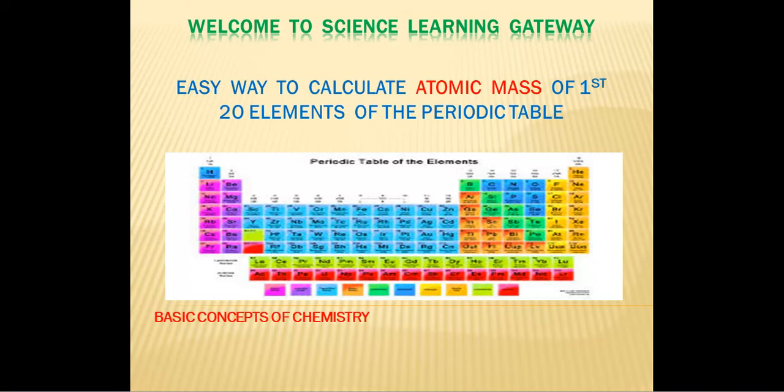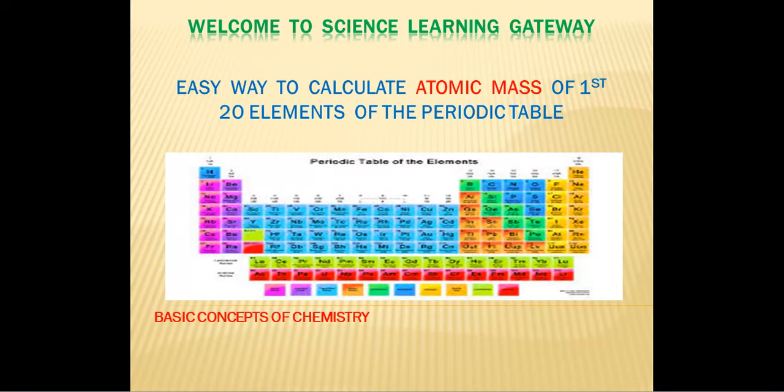If chemistry is good, you can score good marks in that. Most students like biology, so it's nice to score good marks in biology. Physics is also good. If you have a good concept in all the three sections, physics, chemistry and biology, then you can score very good marks in science.